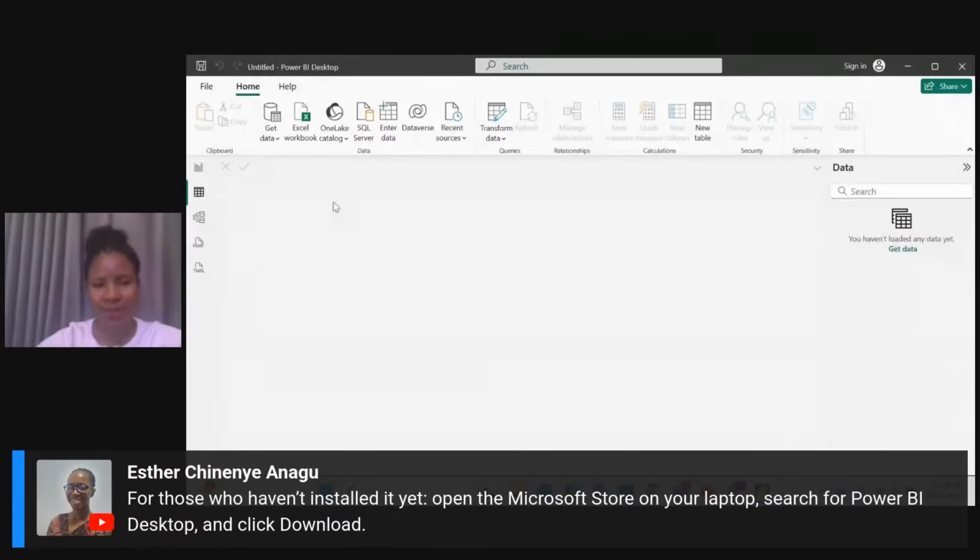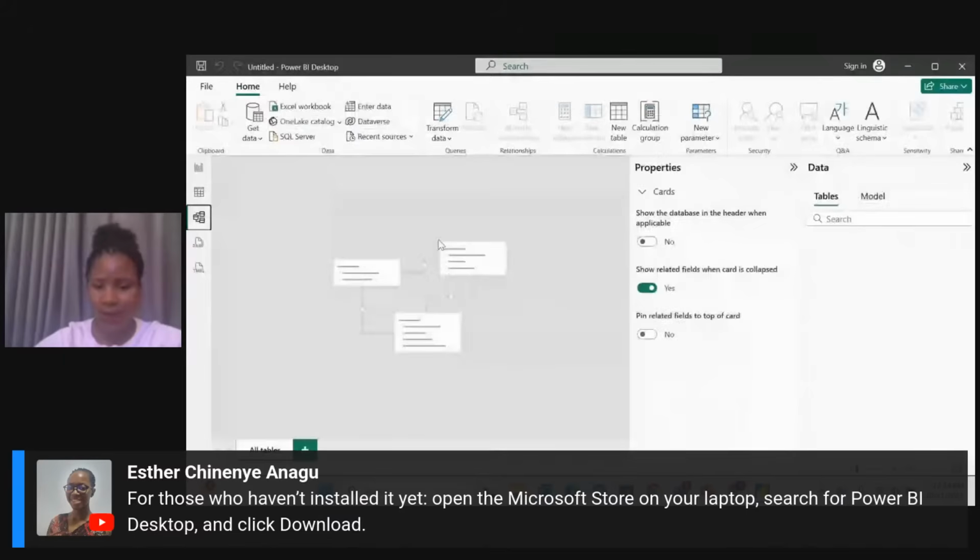So I will go over to the model view here. I'm clicking the model view. So I have a template of how a model view looks, with nothing in it, because there is no table that has been brought in. Let me explain the concept of model view. Model view is where